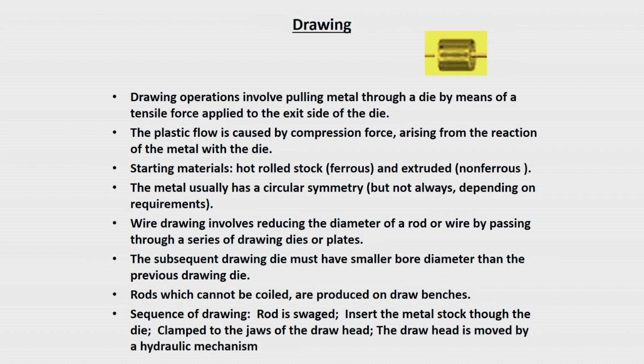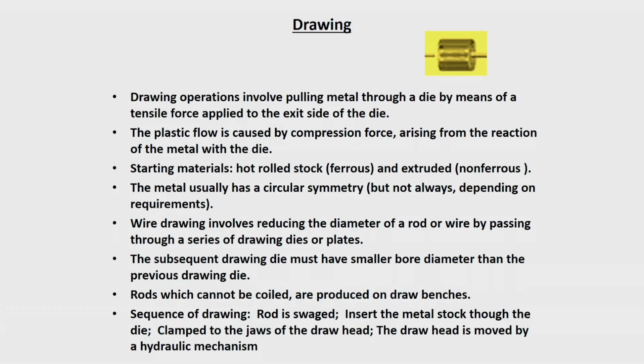The output of one die will be the input of the next die. So, the second die should have a bore diameter smaller than the previous die, but the output will have a velocity which is higher than the input to the die. Similarly, in the next stage also you will find the output velocity of the pulled wire is higher. So, there is a continuous increase in the velocity of the wire as it passes through the dies.